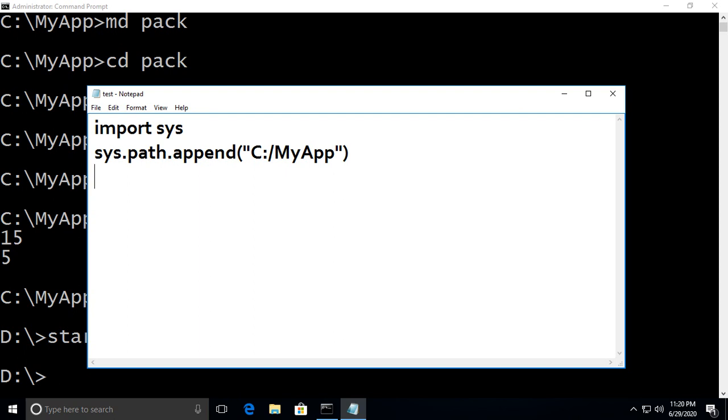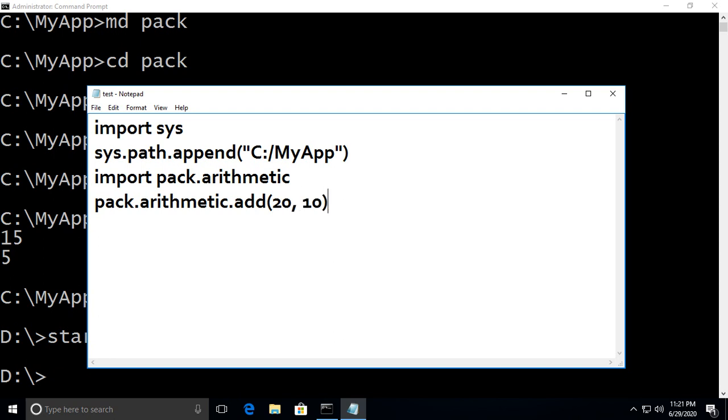See, import pack.arithmetic. Here pack dot arithmetic dot add. Suppose 20, 10. Pack dot arithmetic dot subtraction 20, 10.